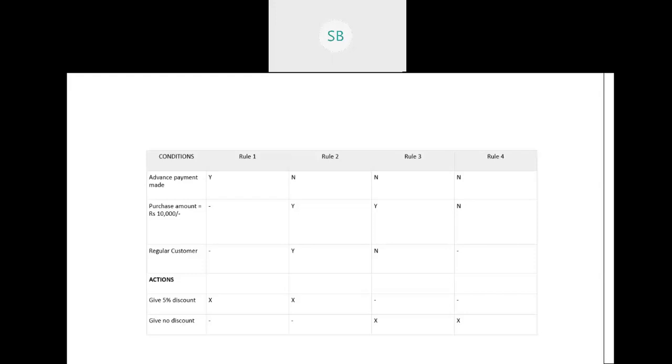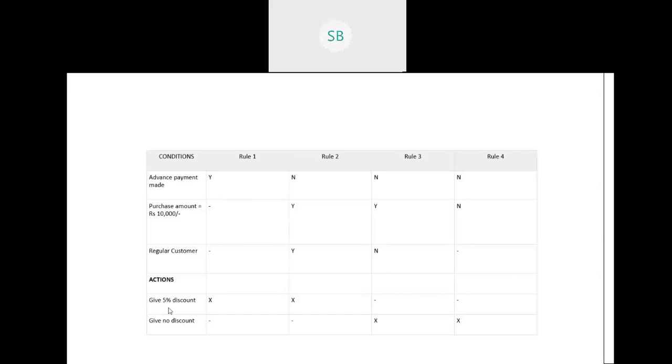You get the conditions entry by checking the number of Y and number of N in the decision tree. When you need to draw this kind of decision table, the decision tree will probably be given to you, and from that you need to draw this diagram. Now, based on this condition entry, you need to find the action entry.